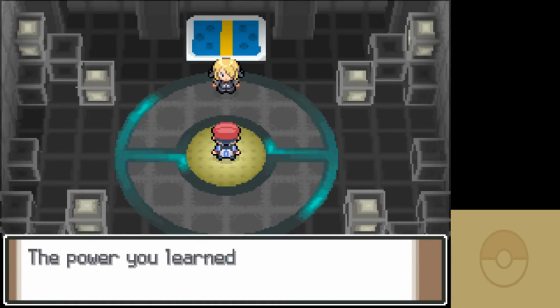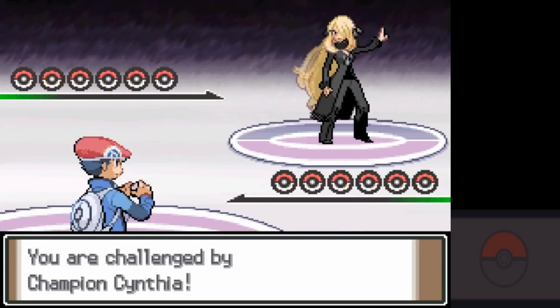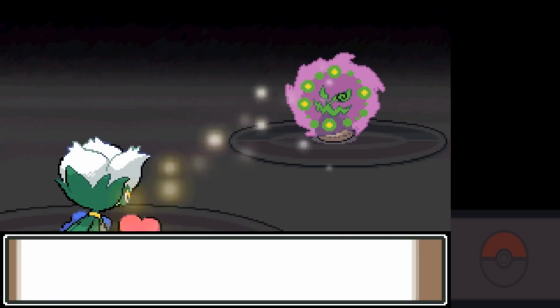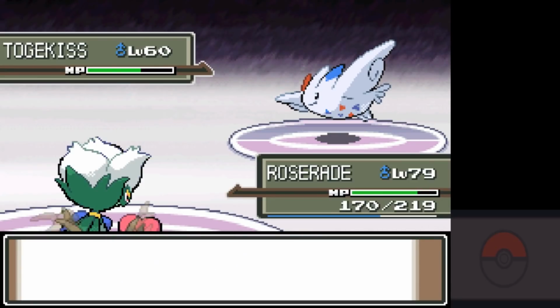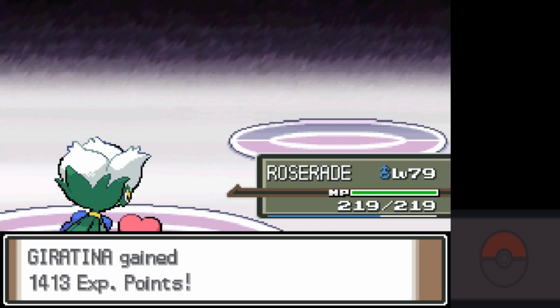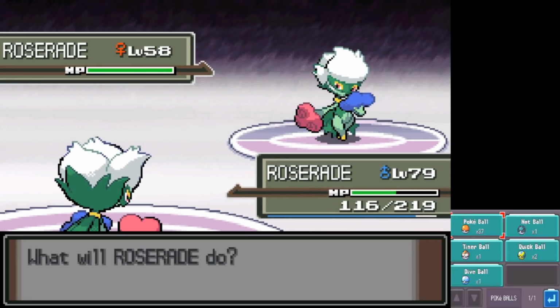Cynthia is not that hard with this team. Giratina does have Psychic as a move, but like I said earlier, Roseberry's natural bulk just eats it and lays down T-Spikes, Leech Seed. I'm ready to demolish Cynthia. One big issue is Togekiss coming out, avoiding the Toxic Spikes, and it does have an Air Slash, so sometimes it'll flinch me a lot. A bit annoying,